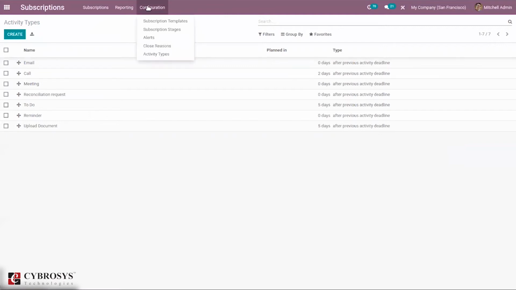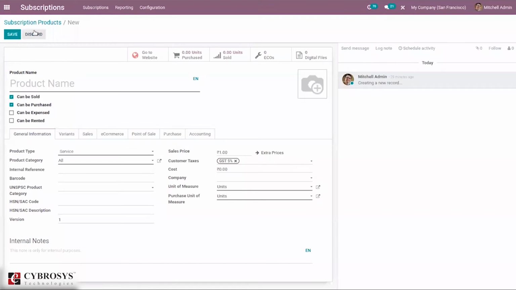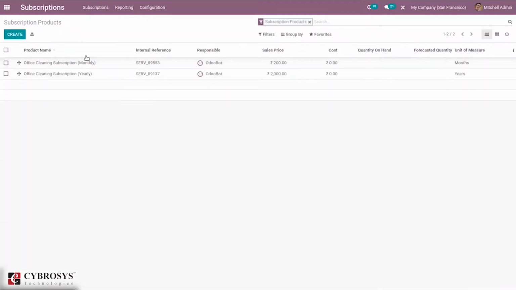So after configuring these things, we can create subscription products. Here under subscriptions, we can see all the created subscription products. You can see office cleaning subscription, yearly, monthly. In this way, we can create more subscription products. We can create a new subscription product from here. You can see here we have office cleaning subscription monthly. When you open this,